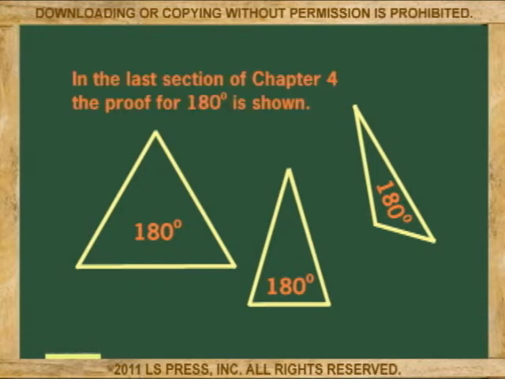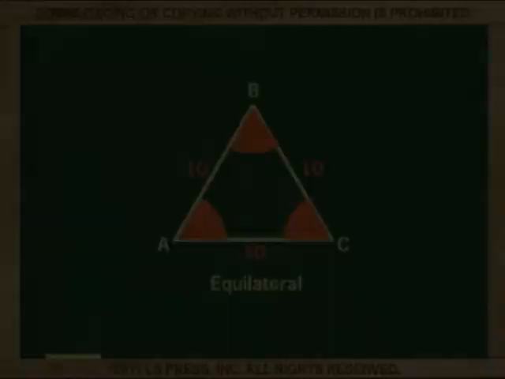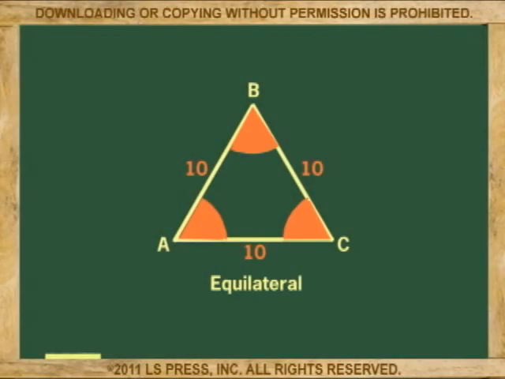Why? At the end of chapter 4, which is the chapter on parallel lines, you'll find a very explicit explanation on why all triangles have 180 degrees. But for those of you who are not ready yet to handle a proof, then you're going to have to trust me that all triangles have 180 degrees. Okay, if in an equilateral triangle all angles are equal, then each angle is 60 degrees because 180 divided by